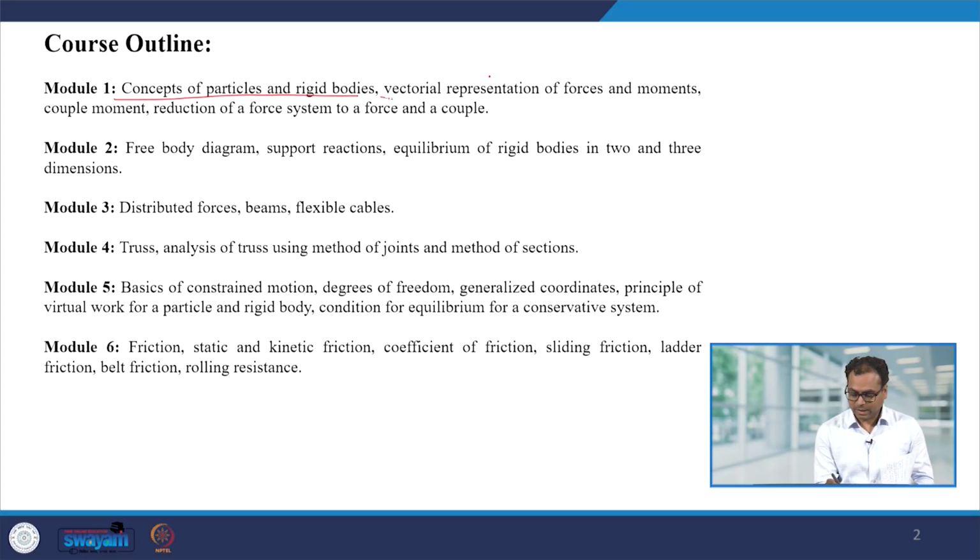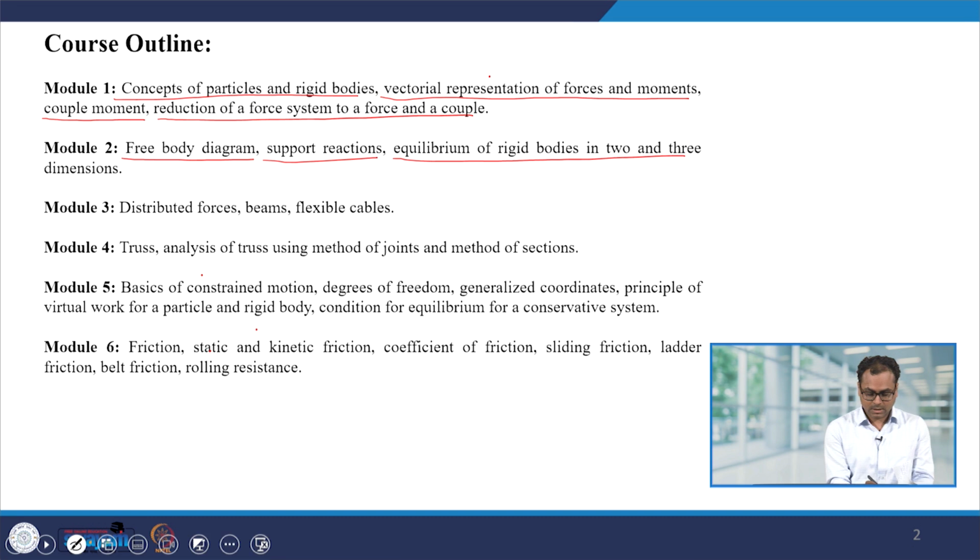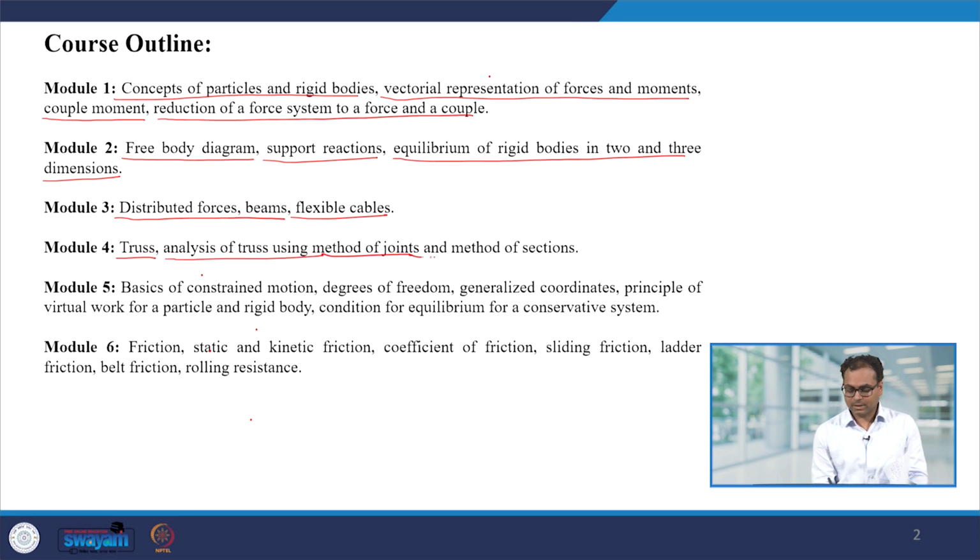We will look at the vectorial representation of the forces and moment, couple moment, reduction of a force system to a force and a couple. In the second module, we will look at the free body diagram, support reactions, equilibrium of the rigid bodies in 2 and 3 dimensions. In the third module, we will look at the distributed forces, beams and flexible cables. In the fourth module, we will look at truss, analysis of the truss using the method of joints and method of